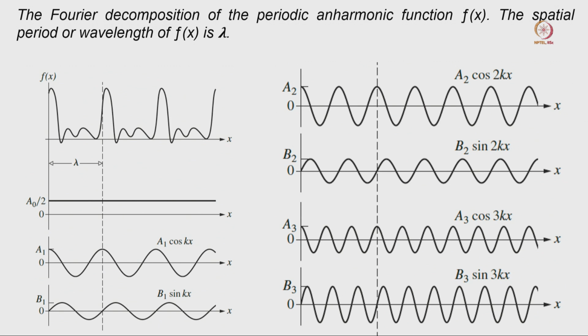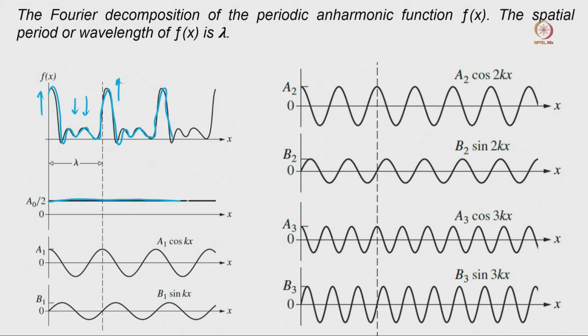There is one more example. This example we will discuss and then we will finish this part. So, there is again a complicated function. You can see this is a periodic function and it is going in this way. The amplitude is very high, then suddenly there is a drop in the amplitude and again the amplitude goes high. If I have only one choice and I have to represent this wave, how can I represent it? The easiest way,